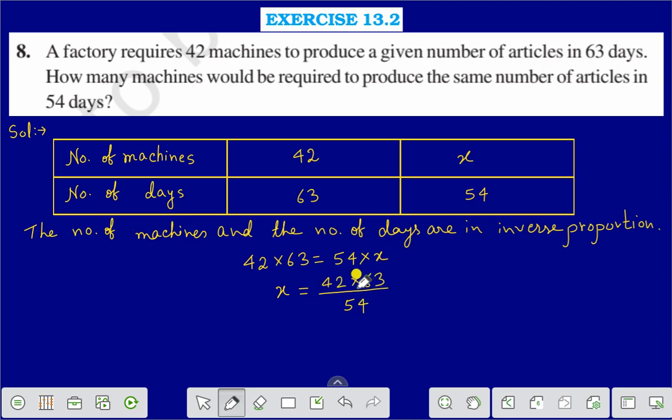Right? If we divide it by 7, 7 9s are 63, 7 8s are 56, and 8 is 8, 6 8s are 42. This is 6, 6 8s are